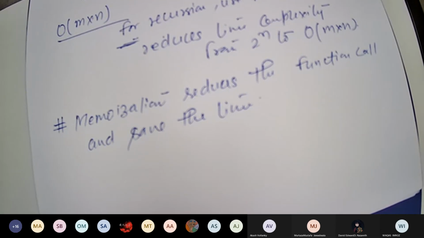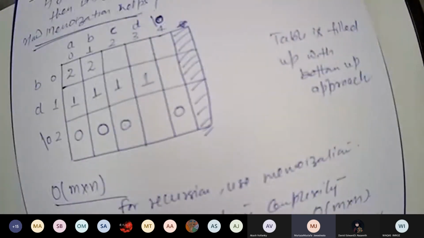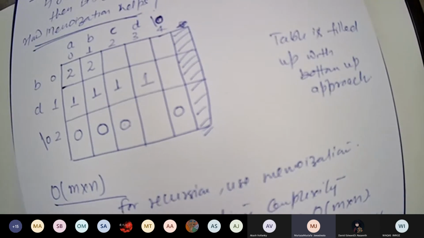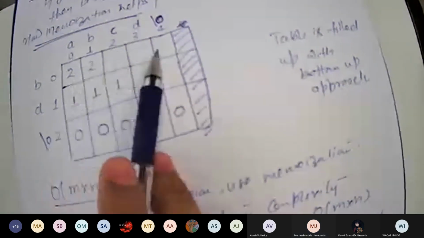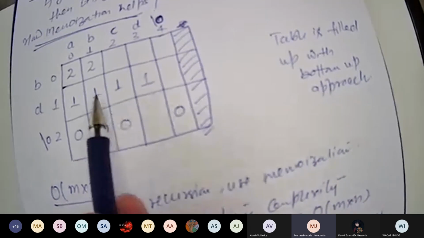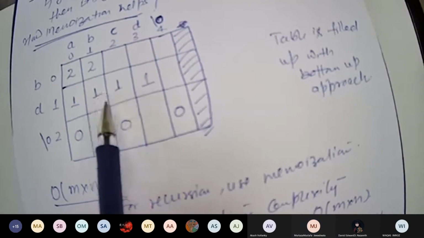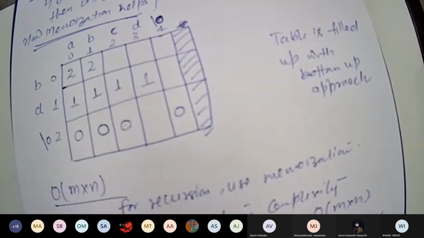LCS using recursion? Sir, doesn't it increase the time to check the table? For example, we are creating the table, so writing the value and then checking if the value is there. Doesn't that increase time? See, if you are doing memoization, ultimately you have to fill these values. So if you have already calculated, whenever the new thing is coming at this place, if you are only referring to the table, then you will not even go to check there.